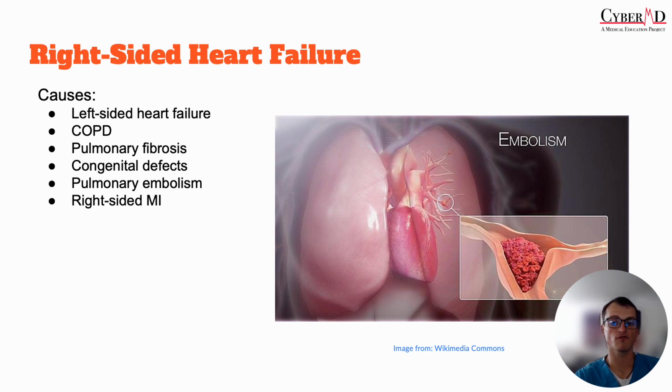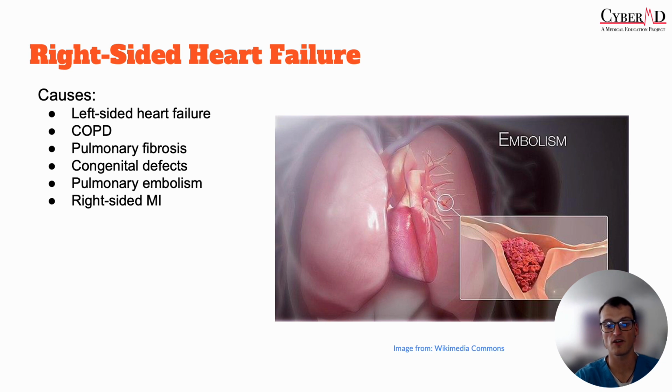The most common cause of right heart failure is actually left-sided heart failure. And again, here's how that happens. You have the left side not pumping blood. You get buildup into the pulmonary circulation. And then that buildup in the pulmonary circulation works its way into the right heart, and the right heart becomes strained. And that strain on the right heart eventually leads to failure,